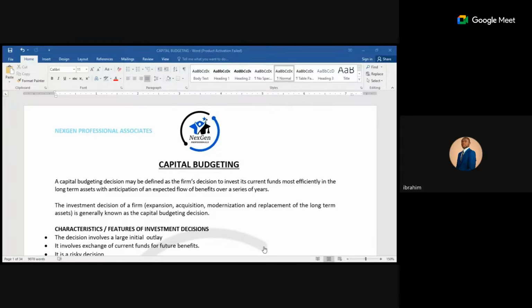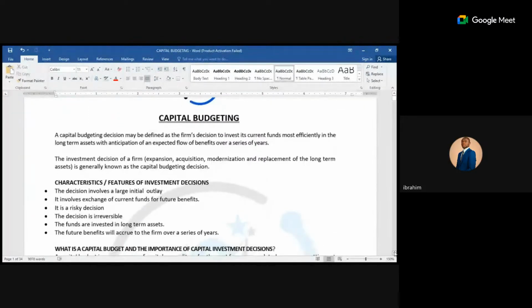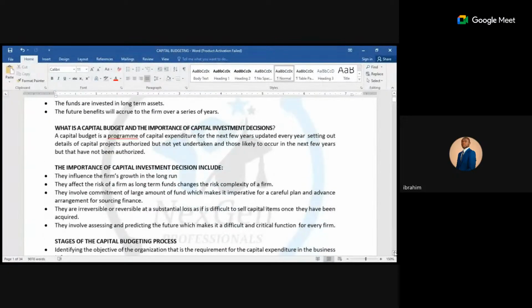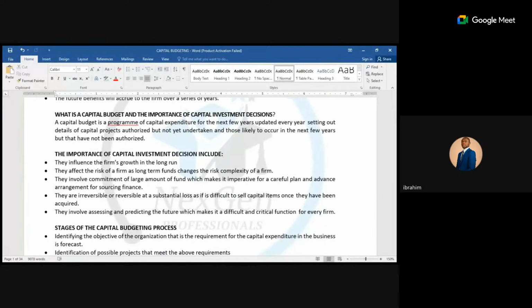Now, in making an investment decision, a firm could want to go into expansion. It could be because they want to go into acquisition. It could be all of this. Generally, it is known as capital budgeting decision. Now, having explained this, we quickly move to the part again where I equally explain these terms again. That okay, capital budget is a program of capital in nature for the next few years,